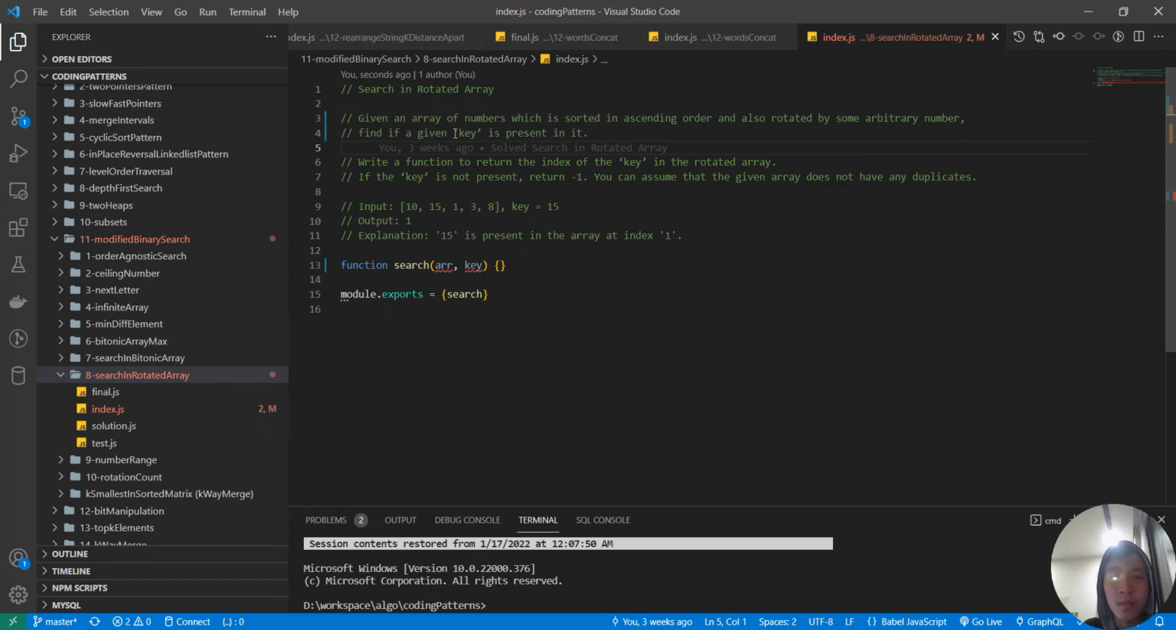Find if a given key is present in it. Write a function to return the index of the key in the rotated array. If the key is not present, return -1. You can assume that the given array does not have any duplicates. Alright, so for example, we're given this